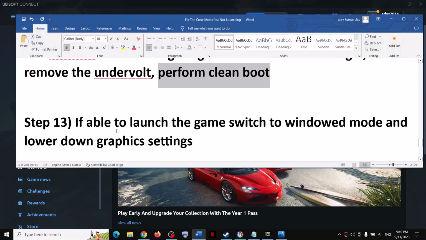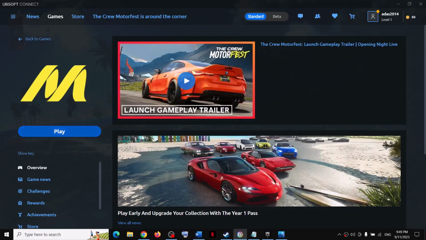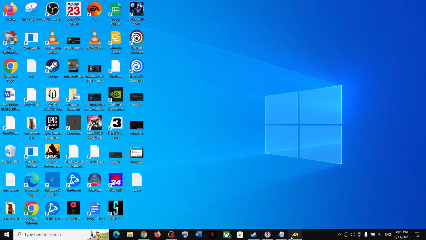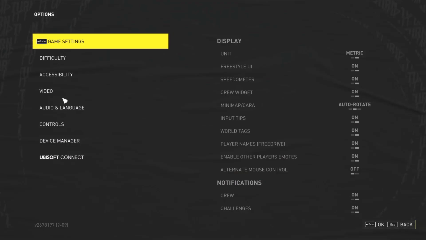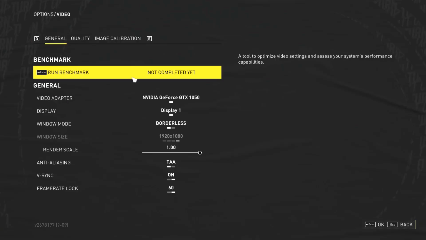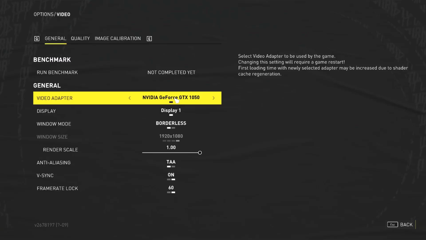Now the next step is to, if you are able to launch the game, switch to window mode and lower down graphics settings. So if you are able to launch the game first. So go to options and then go to video. Now over here, make sure your graphic card is selected over here. Now if this is set to Intel or inbuilt graphic card, make sure that your discrete graphic card is selected over here. And then now if the window mode is set to borderless, you can try